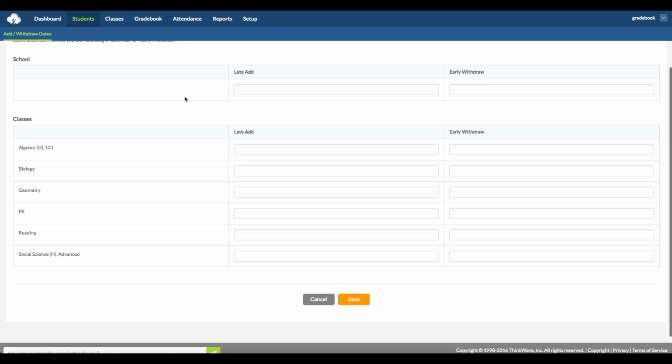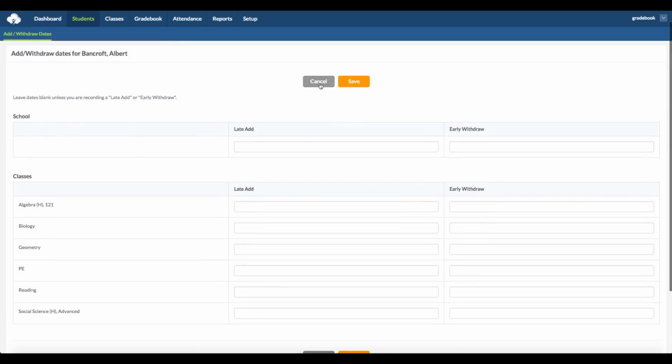For instance, if a student has gone through a class for an entire semester, then withdraws from the class, it's handled in two different ways, depending on when they withdraw. If the student is present for the last day of the term, then the class is on the transcript and report cards. But if they are withdrawn before the last day of the term, then the class doesn't show up on the transcript and report card. That way you can keep their attendance records and all their work while still showing that the student doesn't get a transcript mark for the class. Back to the Students tab,